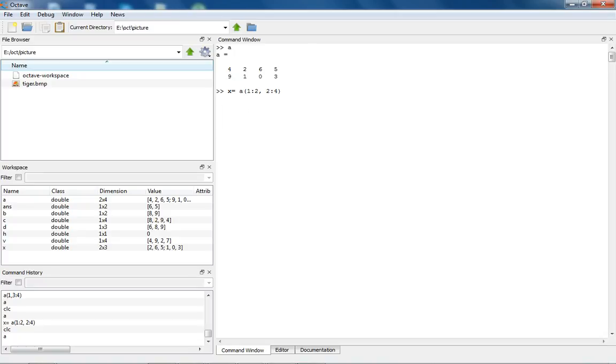So x is 2, 6, 5. So both the rows are retrieved here. So 1:2 represents both the rows, whereas 2:4 represents in both the rows starting from the second position till the fourth position. All the numbers are retrieved.